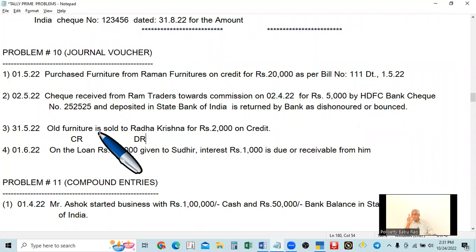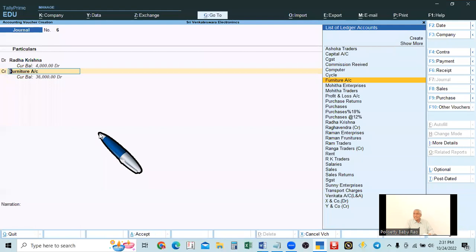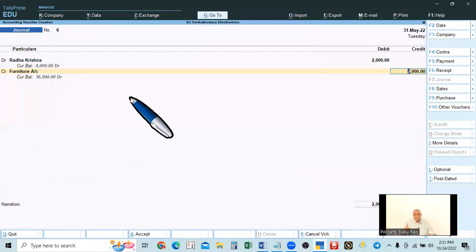Old furniture was sold means the furniture which is used in the business is sold. That is the meaning. That is why it is given as old furniture. But we won't record it as old furniture, new furniture like that. So in the furniture account, we record 2000. Here we can write "old" for being